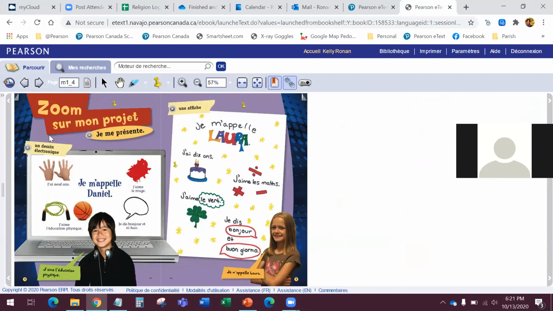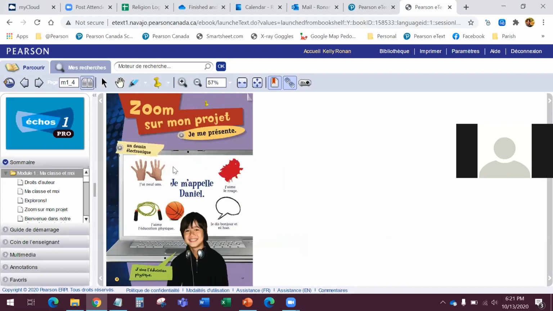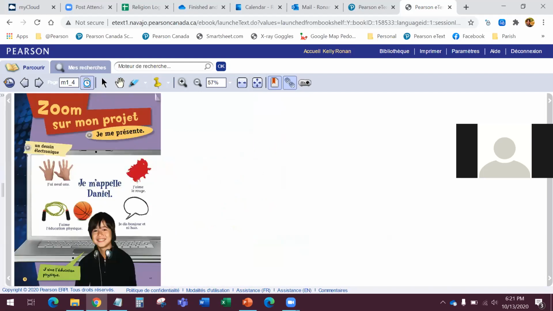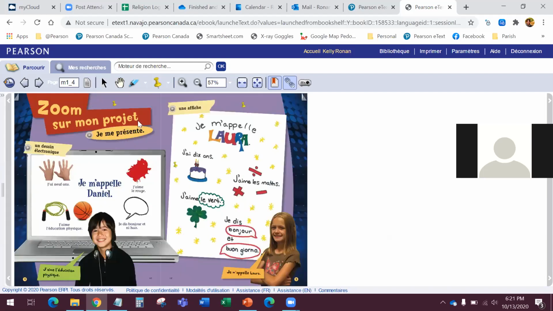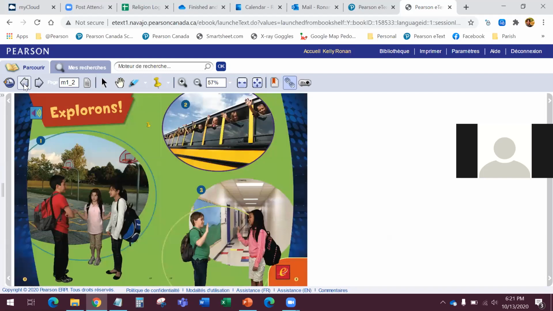And now we'll have a quick look. I'll go back to single page view. And, oh no, I'm sorry, I'm going to stay in double page view. And I'm just going to talk about some of the icons that are directly on the pages themselves. I had alluded to the fact that we do have some extra media that we've added into the digital books over and above the print. So here's one example. Here we are at the start of Module 1 on pages 2, 3,